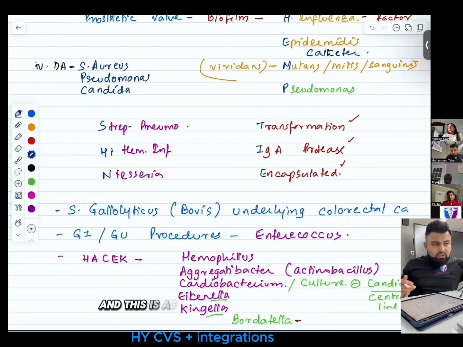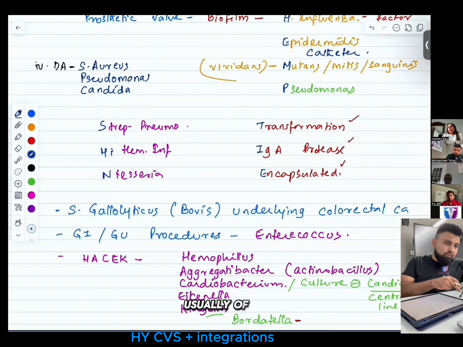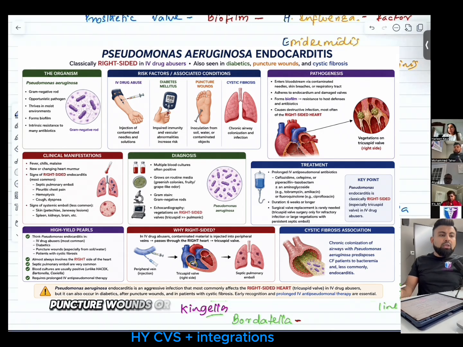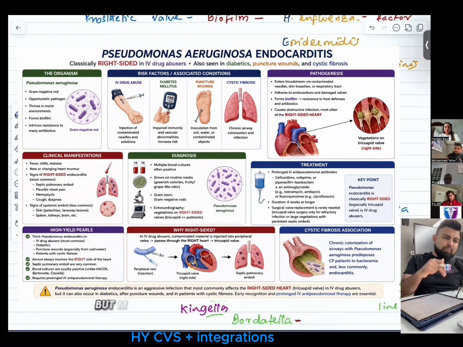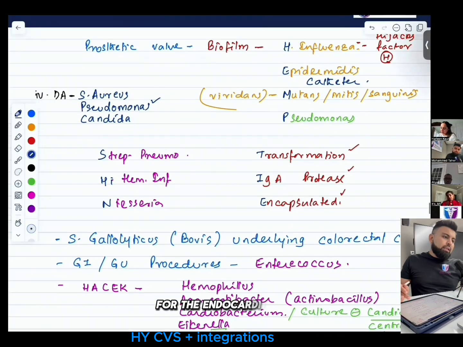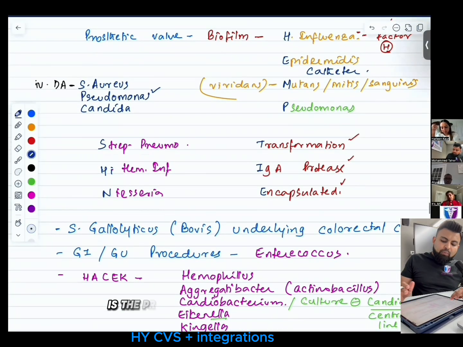Right? And this is associated with endocarditis. Usually it's going to be right-sided. Pseudomonas aeruginosa, please remember diabetic patients, puncture wounds, or cystic fibrosis are the risk factors, but mainly please remember Pseudomonas and diabetic patients. Next, for the endocarditis, the additional thing that we have to remember is the presentation, how it looks